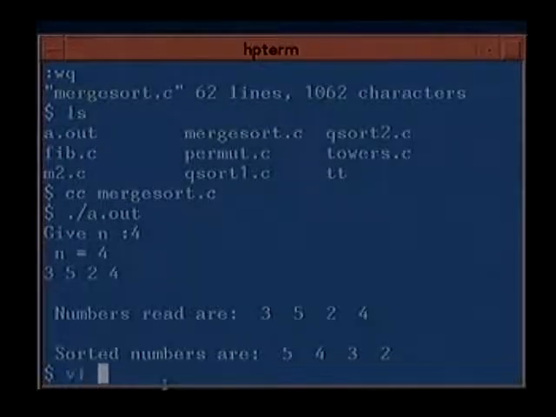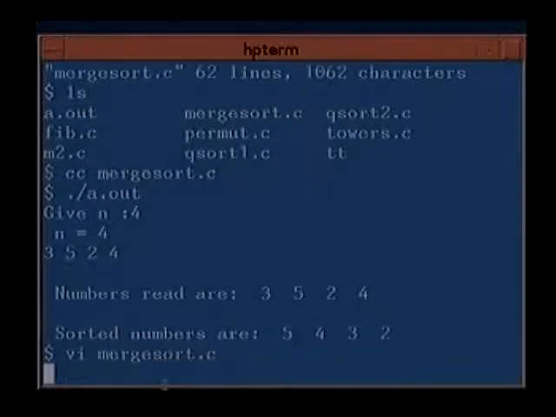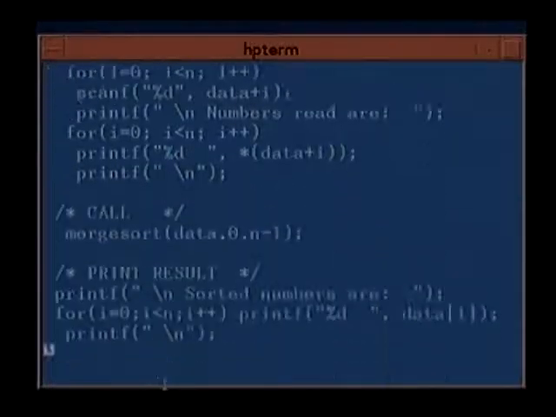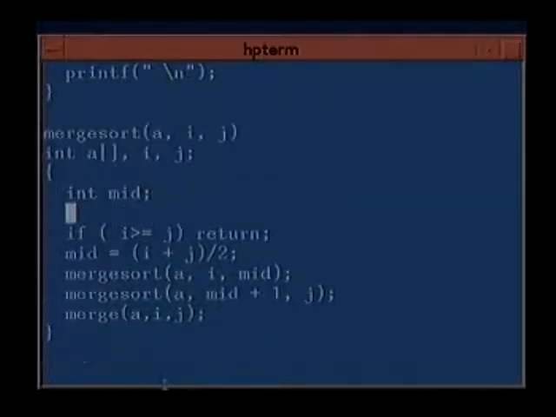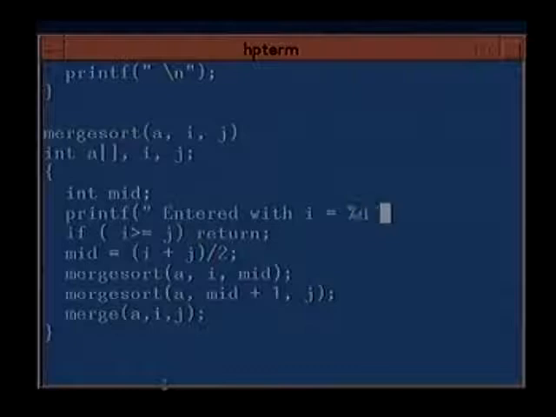Now, in order to understand how the splitting and the recursive calls are made, we can simply put in a write statement here. Entered with I equal to and J equal to.